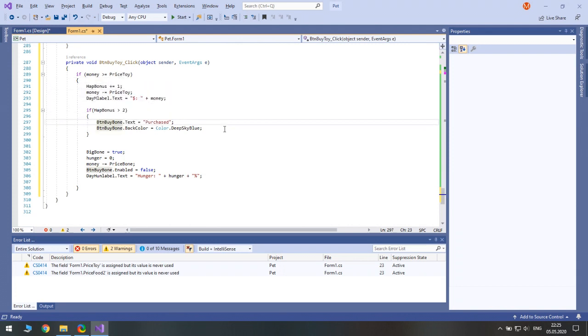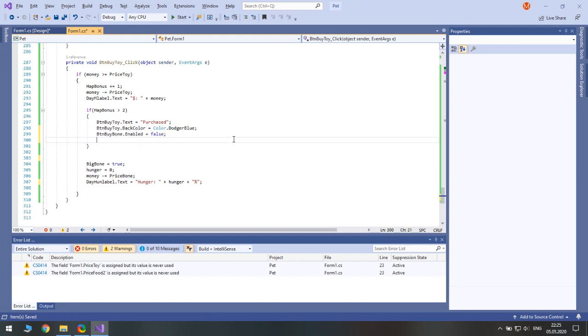So button by toy is purchased, and button by toy back color is deep sky blue, or maybe there is a better color. There is a very similar one like Dodger blue. And we disable the button, so button by toy enabled equals false.